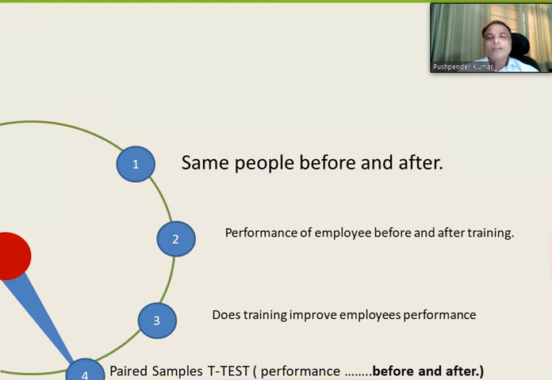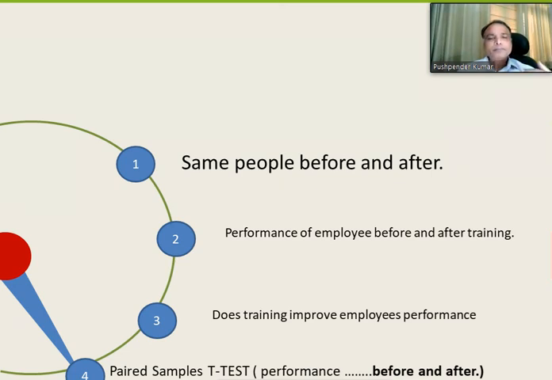So what you need to do when it's paired, the test you will be using when you have before and after would be the paired samples t-test. And when you have three or more variables, in that you will be using ANOVA. Here also you will be using ANOVA. So the situation would be that the participants would remain the same, and we will be making some kind of intervention and we want to see before and after.